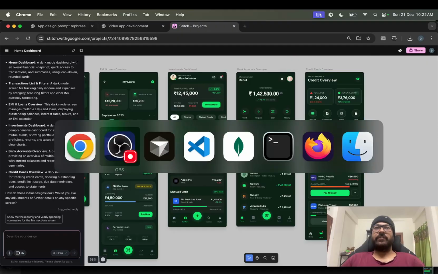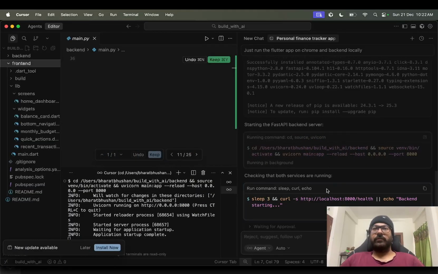Now we will go to Cursor right away. Okay, we came to Cursor. Now what we will do is tell Cursor,